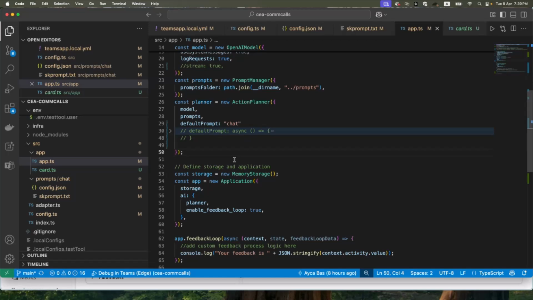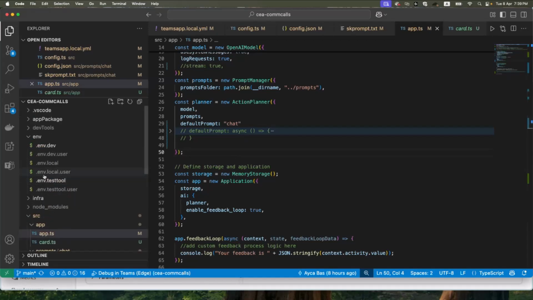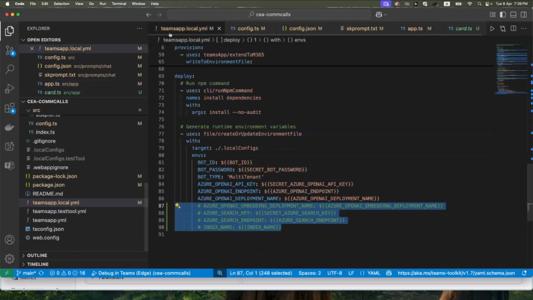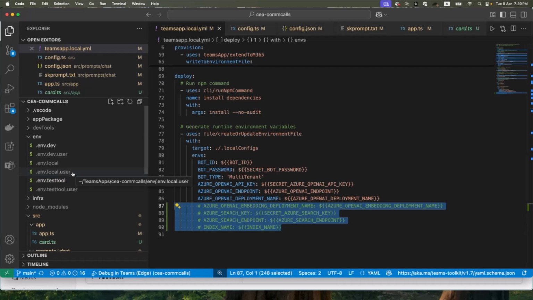The first thing I need to do is I actually need to go to env.local.user, where I need to add my data sources. So a couple of things I need to include here, and I've already did. That's why I'm not clicking, so I don't want you to see my keys. But 4 things I've included in my env.local.user. The first one is the embedding deployment name, where we use for vector search. The second is the search key, third search endpoint, and then finally index name, which is going to be resumes 2 for us in the session. So I've already added all those.